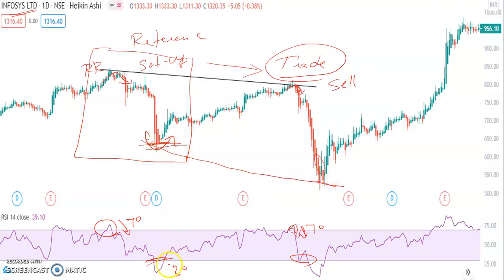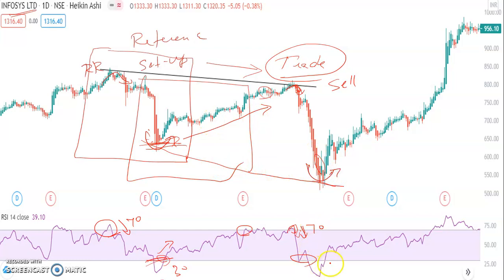Okay, so RSI goes above 30 and then this trend line takes a U-turn, it reaches 70, it reached the top, so there was an up movement. Okay, so similarly, now this is the reference setup. Now we have a reference setup. So now what is the trade? Here it takes a U-turn, RSI goes above 30, okay, and then it reached 70. So here we will be exiting our position. So here it is a buy and here we will exit our position.